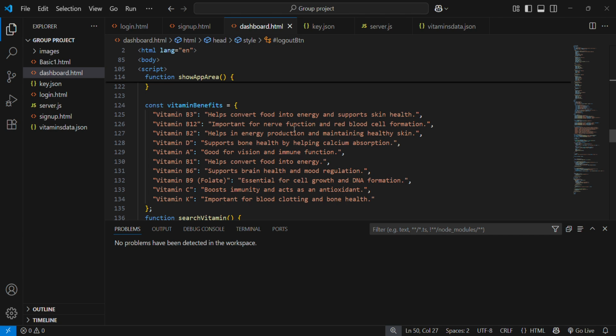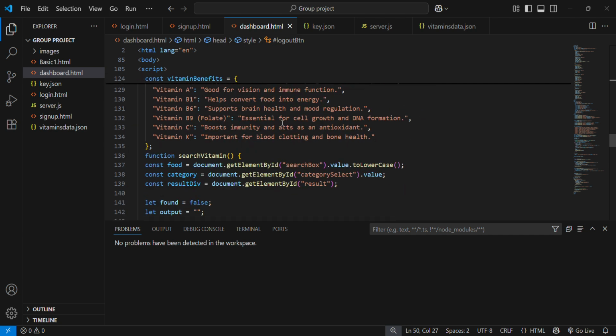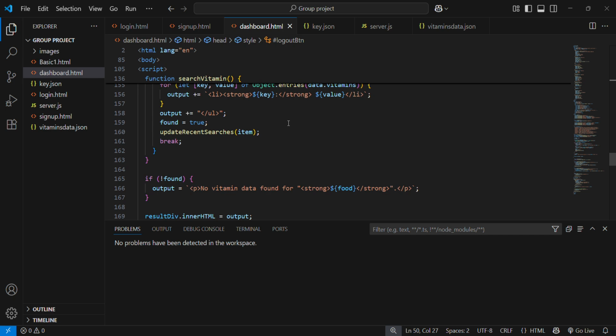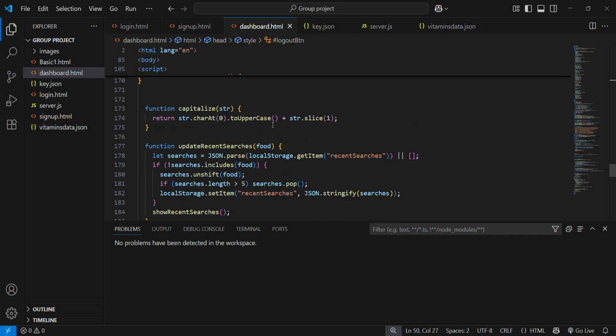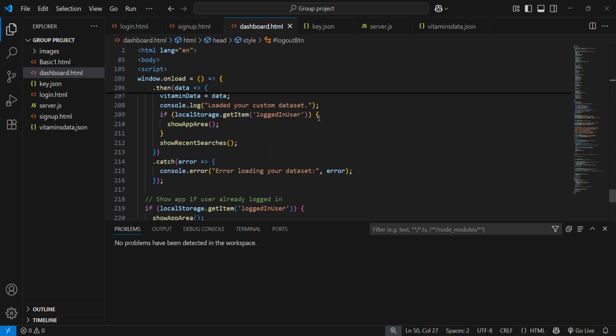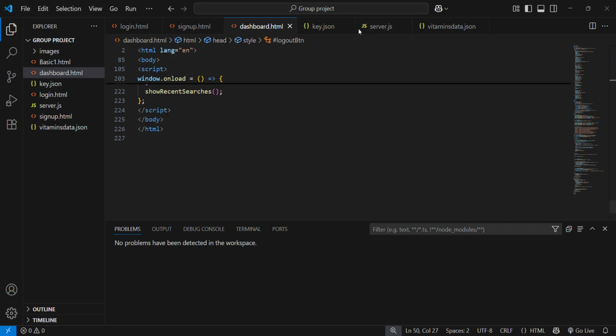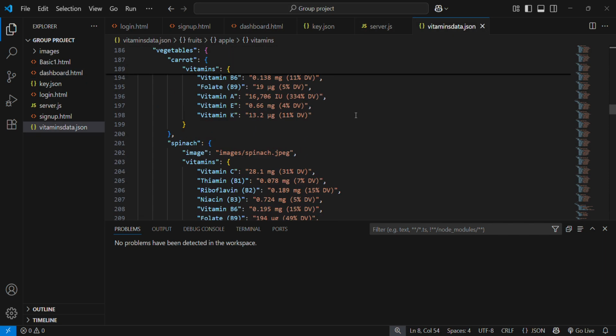It shows the vitamins and their benefits, and we have connected our vitamins data.json file to this dashboard to get the proper output. We have included the data of the vitamins, food items, and their images all in the vitamins data.json file. So this is the code of our dashboard, and let me show the vitamins data.json file.